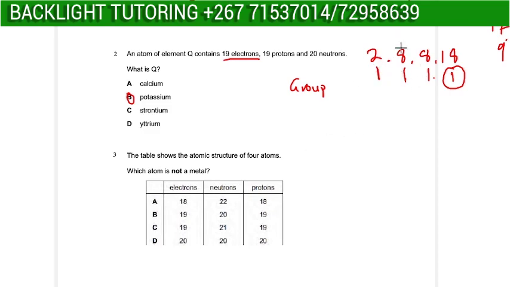We know that 2 plus 8 plus 8, let me write it: the first shell, second shell, third shell. We know that 2 plus 8 is 10, plus 8 is 18. So we have 18 here, which means that